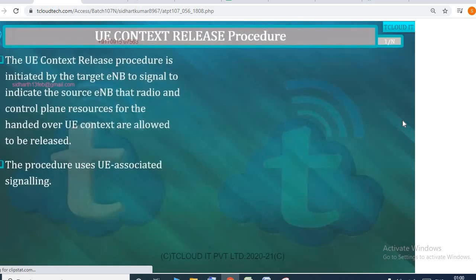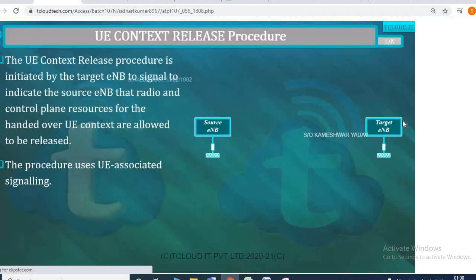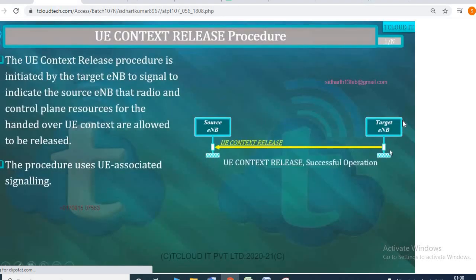Now, once the handover is successfully completed, target node B recognizes that the mobile equipment has arrived into its cell successfully. So target node B also speaks to the MME and reports to the MME that the handover is completed successfully. Everything is done successfully. After all the steps related to handover are done, target node B comes and tells the source node B that, hey man, you can forget about this mobile by releasing whatever context you